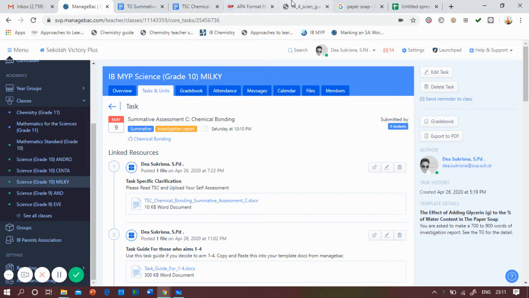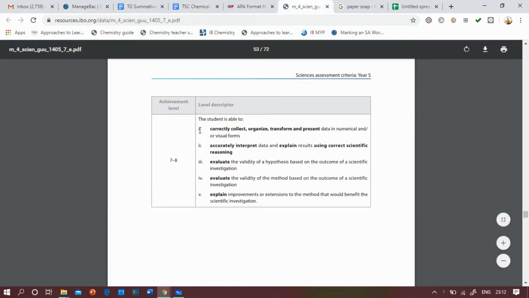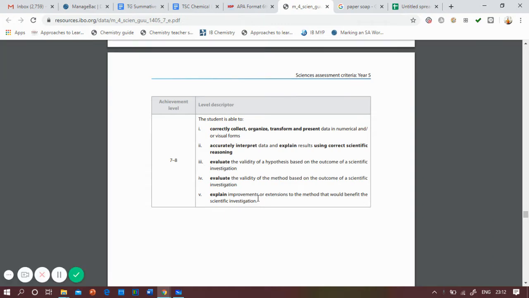If you take a look at criterion C, there are 1, 2, 3, 4, 5 strands in there, but I'm only going to assess strands 1, 2, and 4. Only 3 strands, okay? That shows how kind I am.